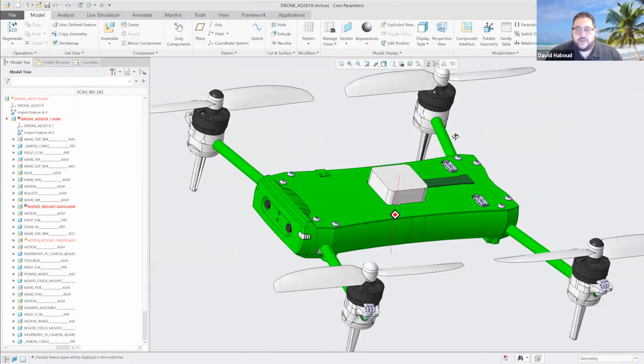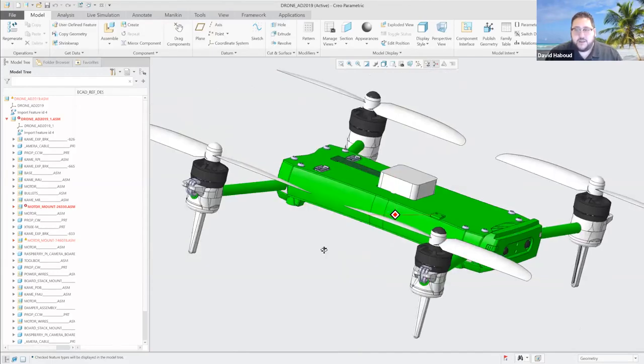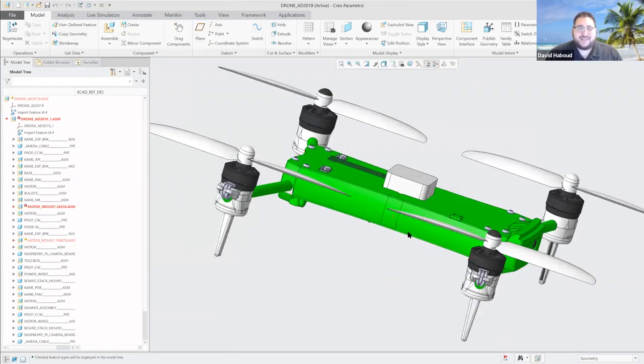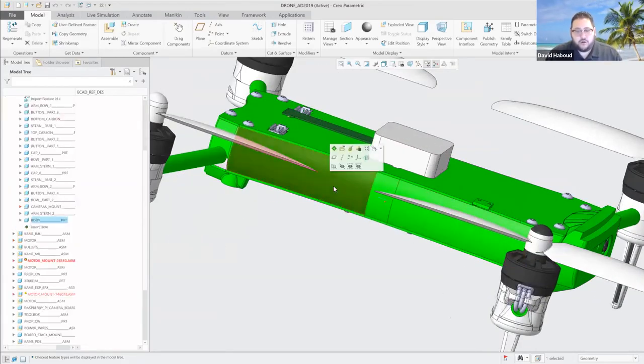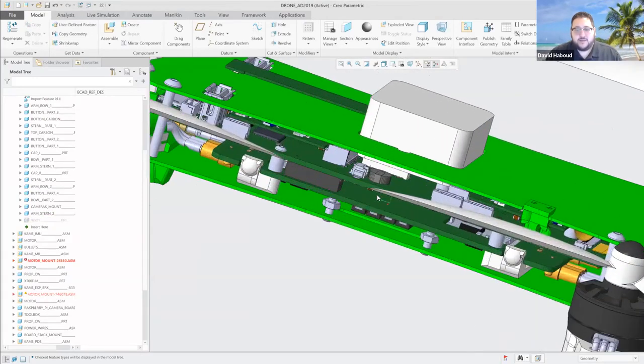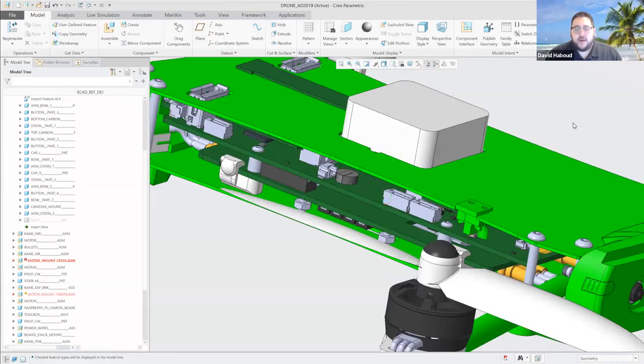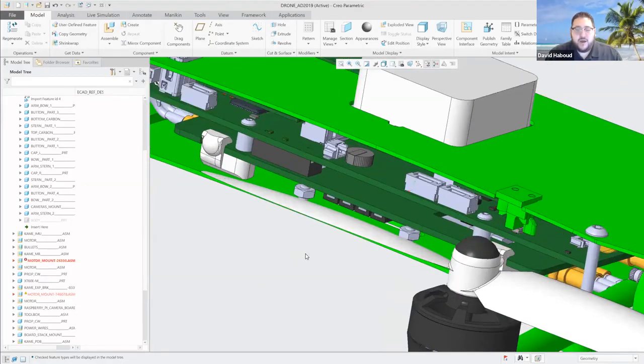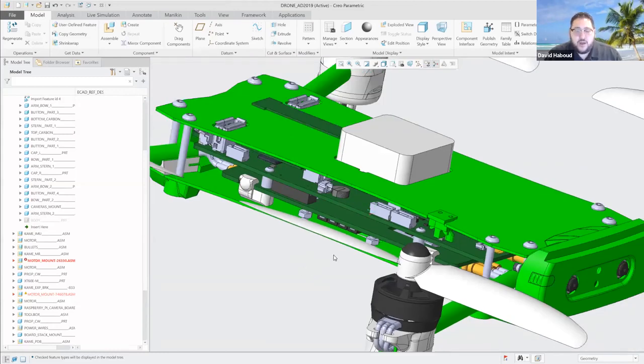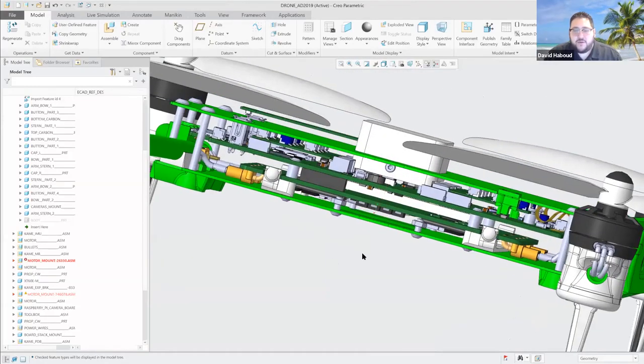So we have this drone. As I mentioned, this drone is included in the sample data for Concord Pro. Everyone can take a look at this when you install Concord Pro, or if you are using Concord Pro on 365, we create a workspace for you, and within a matter of minutes you can log in and get started, and you have the sample data. So we have the multiple boards here,